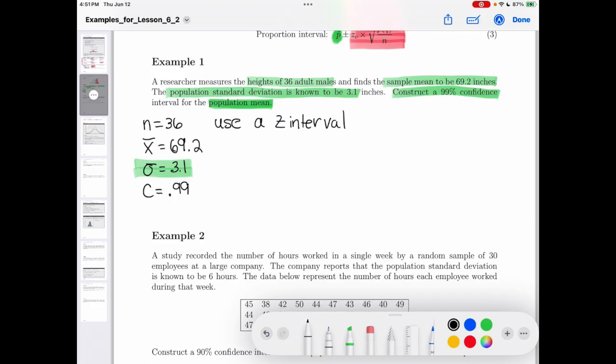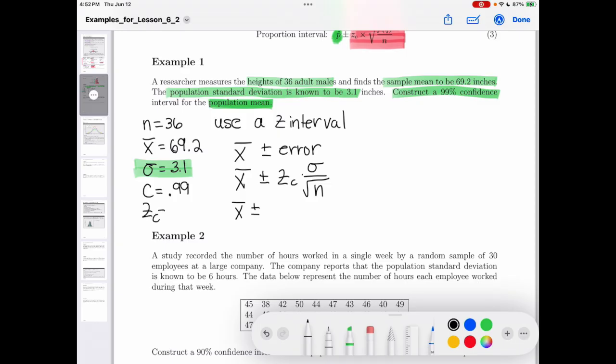To find a z-interval, our formula is to take our point estimate, and then we're going to add and subtract the error. And the formula for the error, if you look up at the table, is z critical times the population standard deviation divided by the square root of n. We're going to have x bar plus or minus our z critical in this case